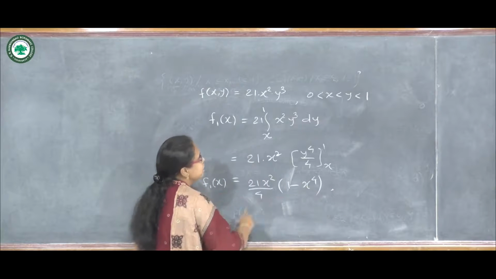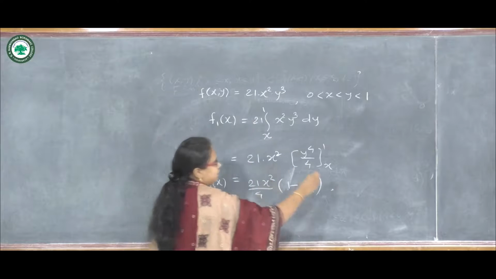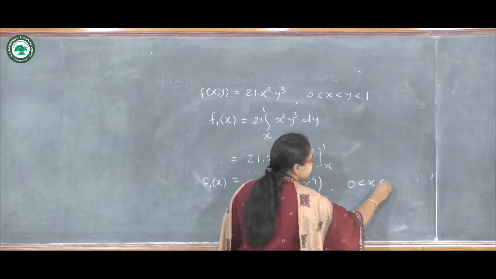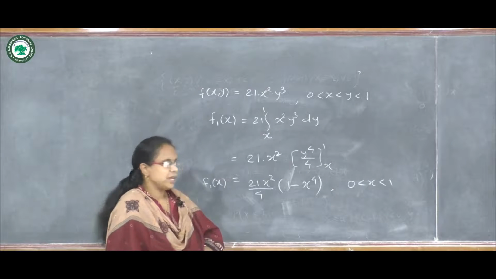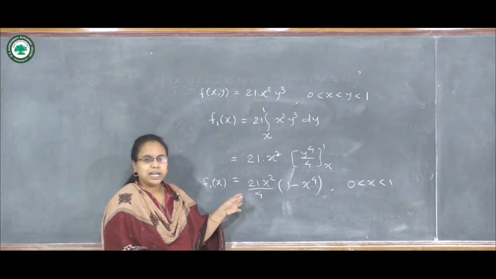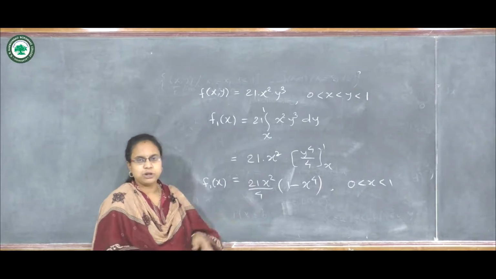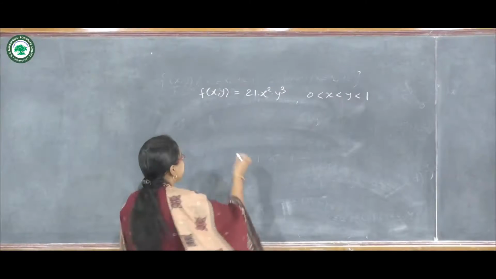and since it is a PDF, we should write its range before it. So what is the range of x? So basically the range of x is between 0 to 1. Here we are writing the total range of x. So similarly we can find out the marginal distribution of y, and it can be calculated as